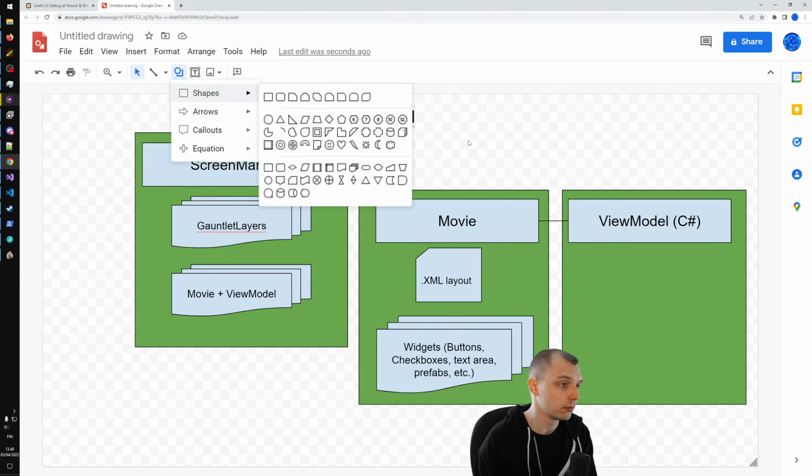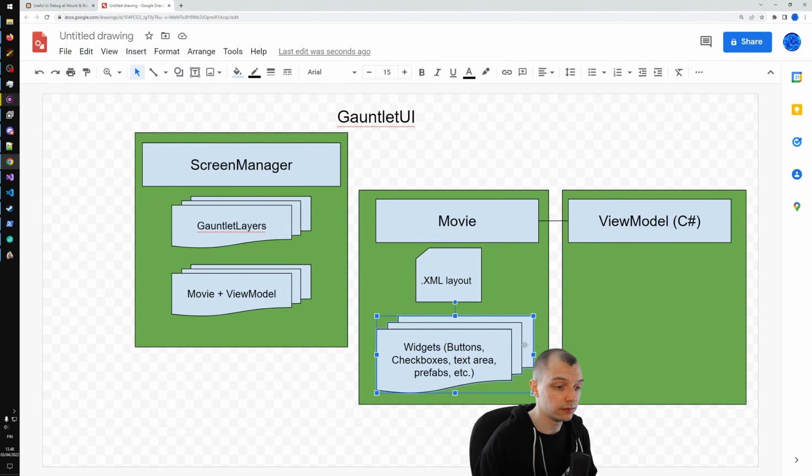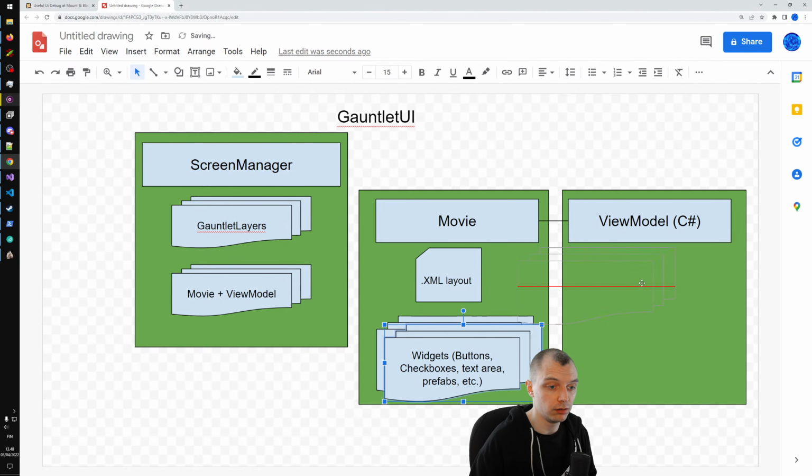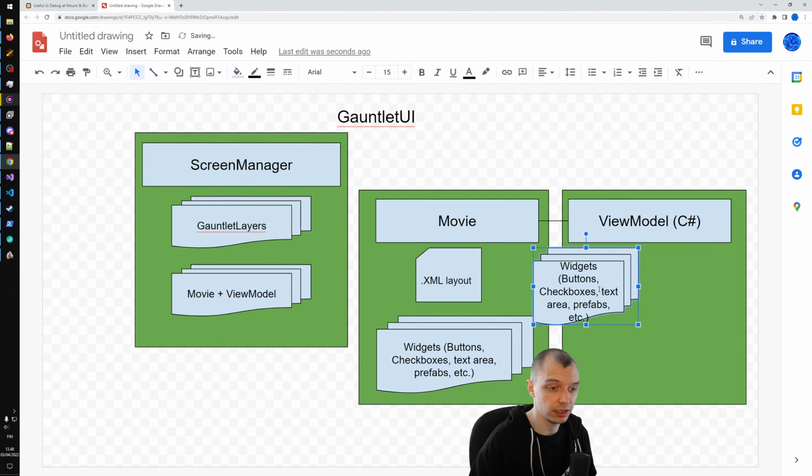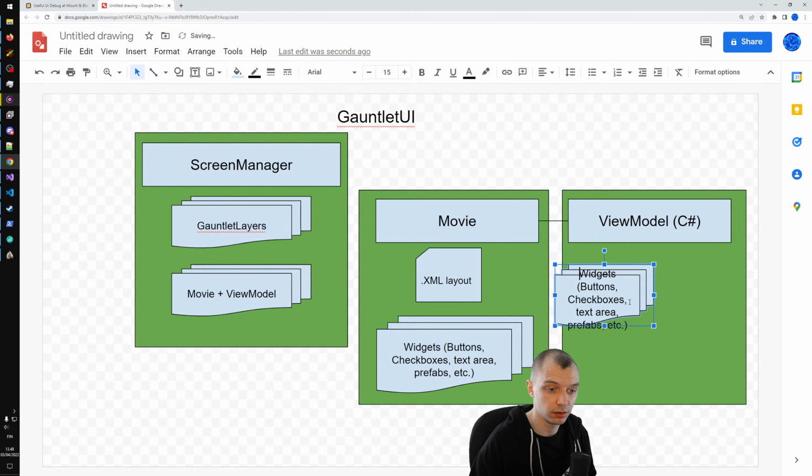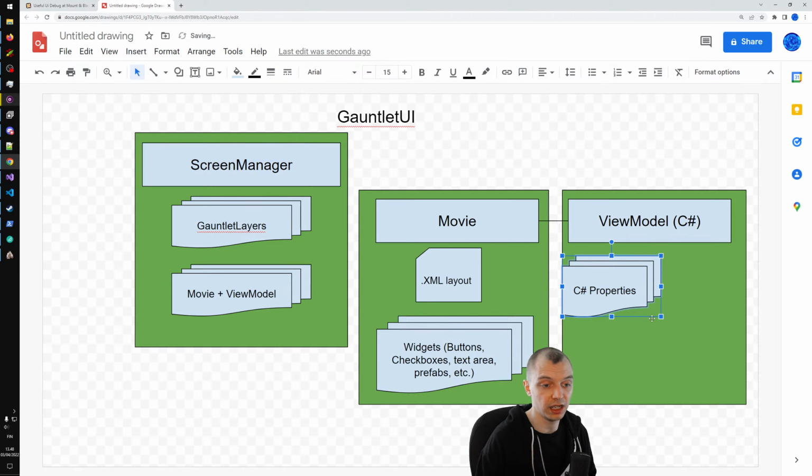So the view model can have C# properties that feed data into the UI,